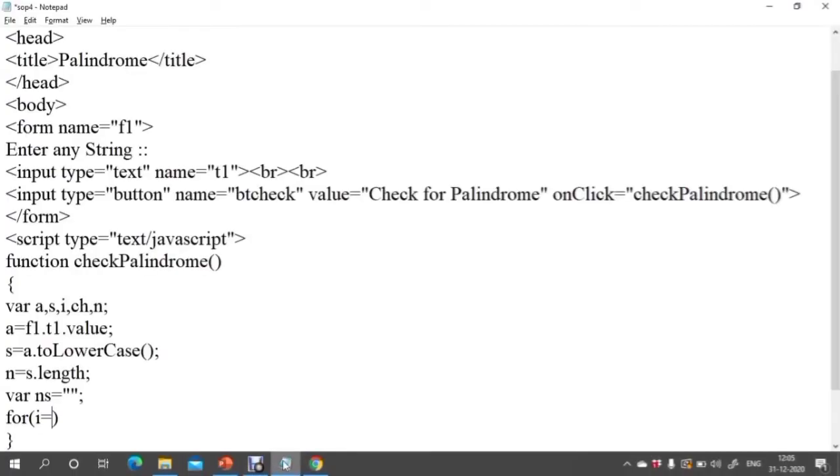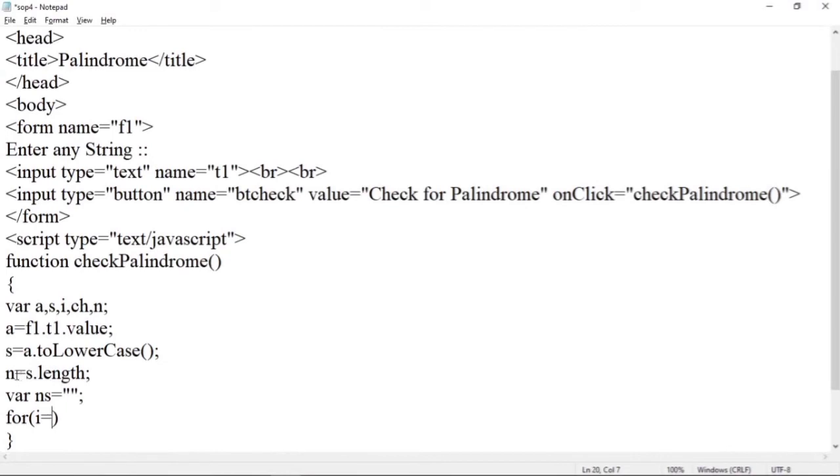How many characters are there? 1 2 3 4. 4 characters are there. So how many times should the loop be iterated? 4 times. Here the length of the string, the n variable, will contain the value 4. So we want to start the loop from 4.